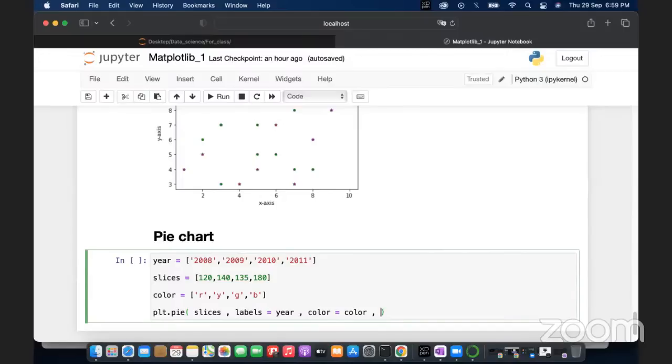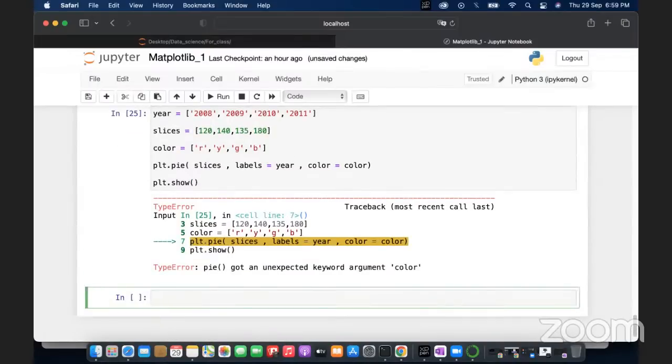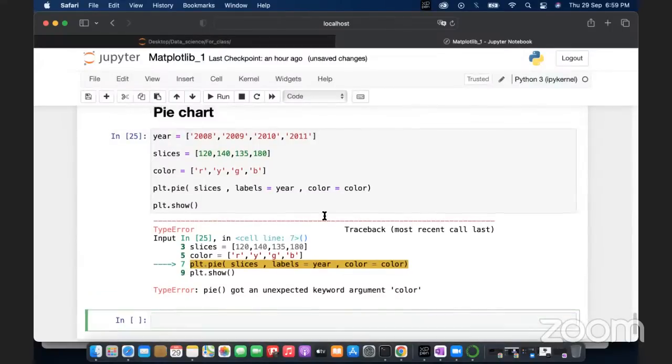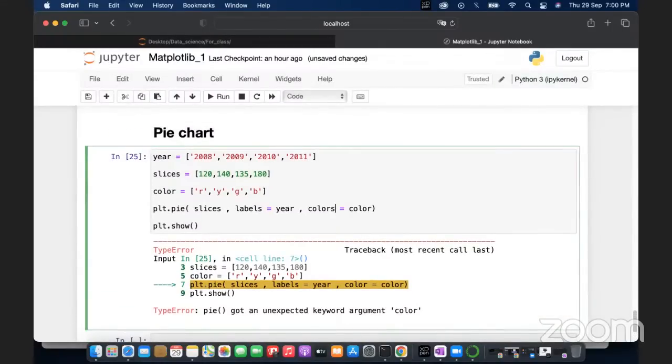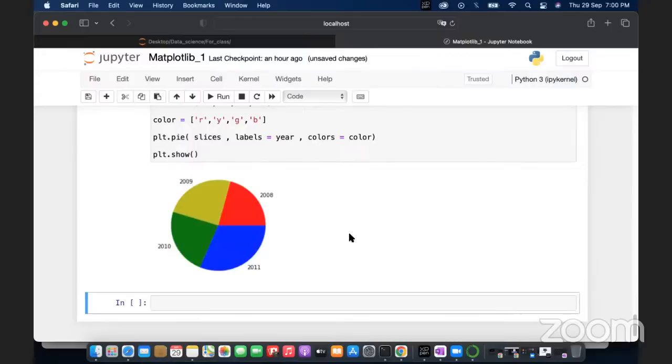So after this, let's have a try, plot dot show. It says unexpected argument is color. Sorry, the parameter is colors, and you can see our simple pie chart, but no percentage